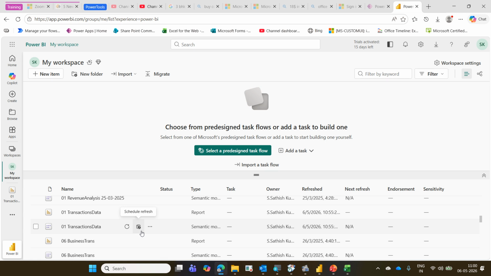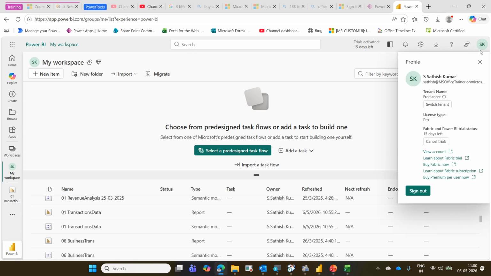But you can ask me, how do we check the license? On the topmost right corner, you can see your name displayed, maybe your initial or your name. Click on the name or initial and you can see what the license is. It will tell you what license type you are using. I hope you will be using a free license, free account.